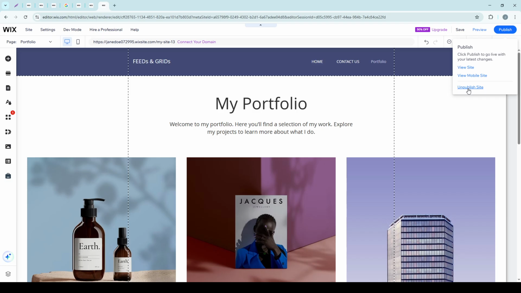And that's it. You have successfully made your Wix website private. Remember, this process is entirely